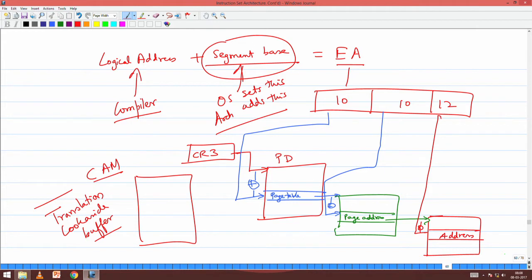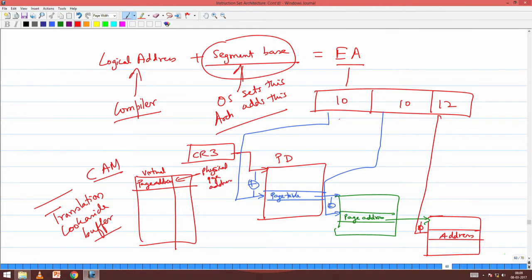I look aside the translation. I do not want to go through this translation. What this will store, for every page address, let me call that 20 bits, the virtual page address, it will store the physical page address,